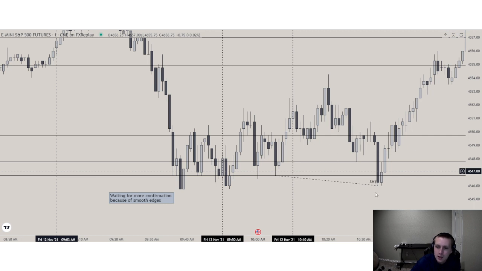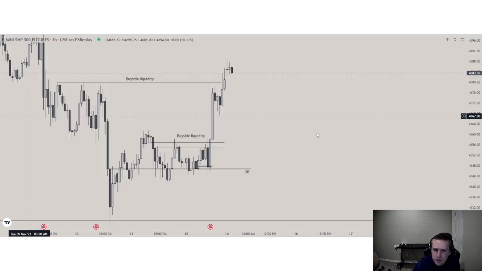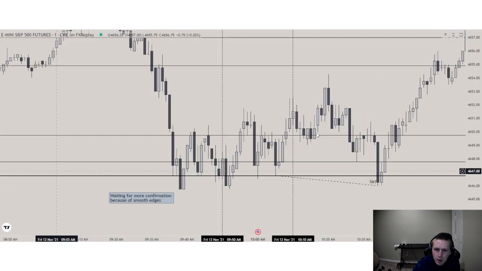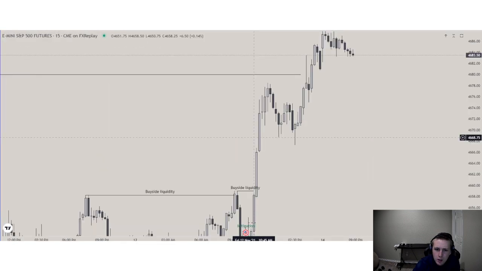What do you have going on? Fair value gap in, fair value gap in, fair value gap out. This now becomes a balanced price range. We don't expect that to hold. And I don't know if I'd ever mark this out, but I never really did, but these lines right here,